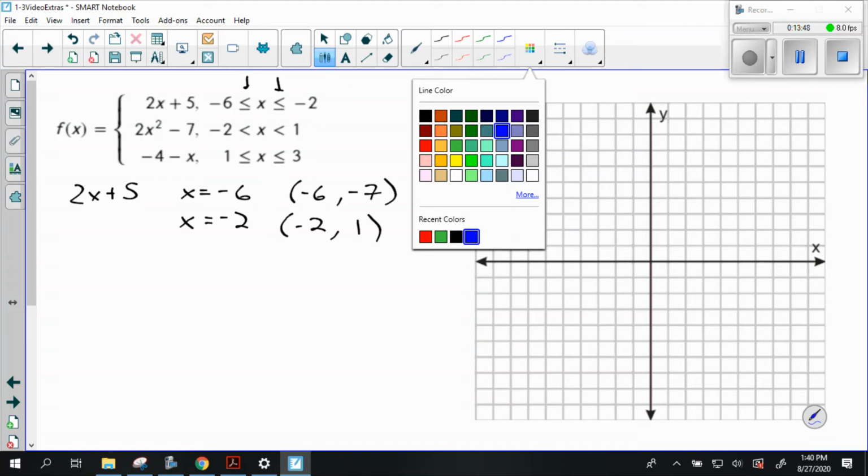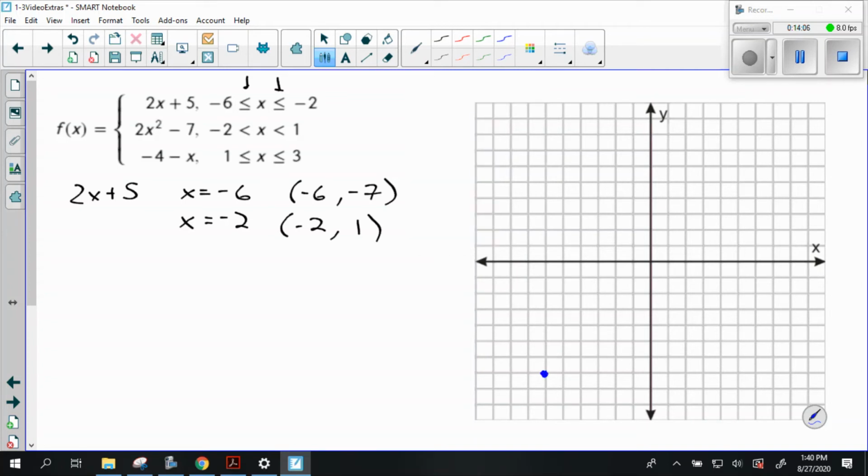So from -6 to -2, 1, 2, 3, 4, sorry. We're looking at the point -1, 2, 3, 4, 5, 6, 7. All right, and we're going to include that point, so it's going to be filled in. And then we've got a point at -2, 1. Beautiful, and we can connect those. We can call that one graphed. Fantastic. All right, so now let's move on and let's look at